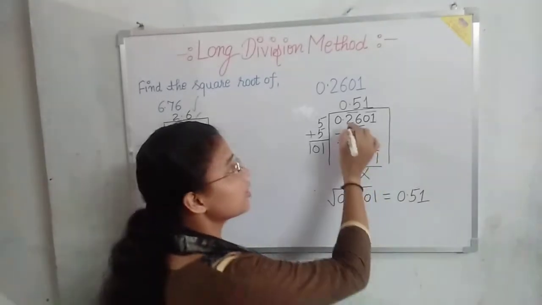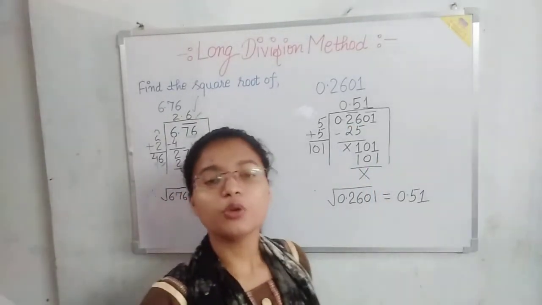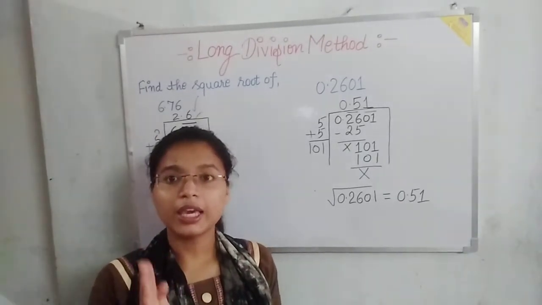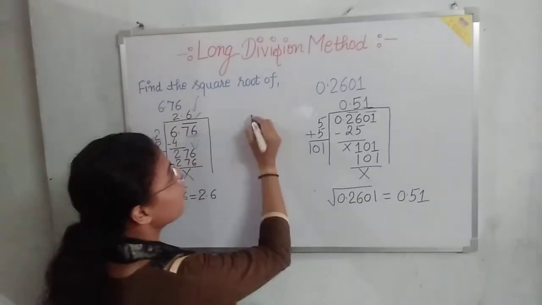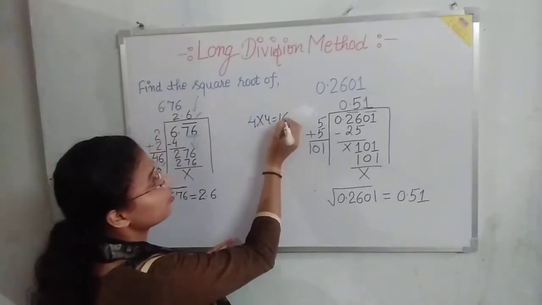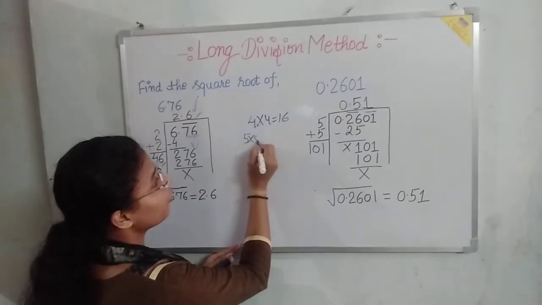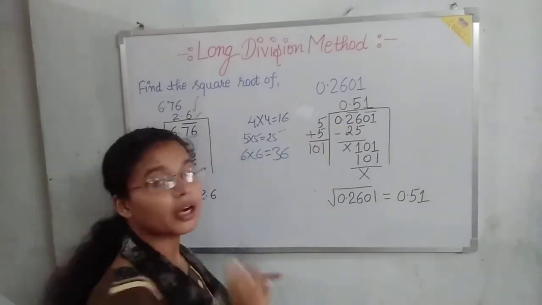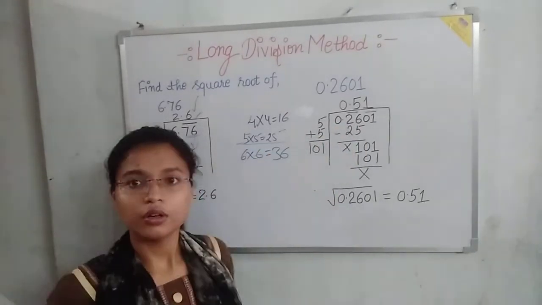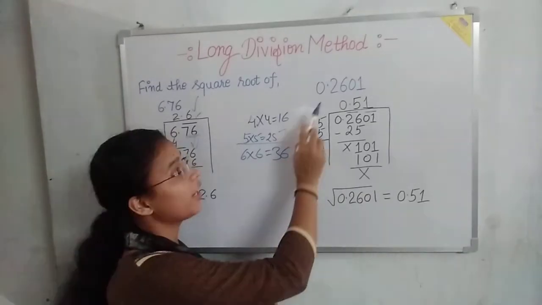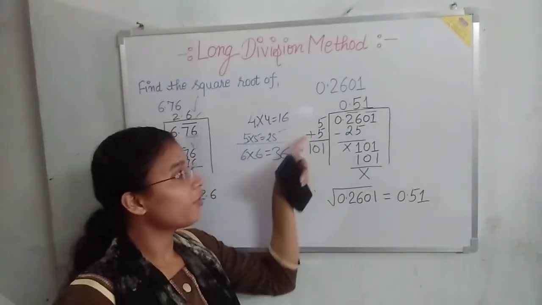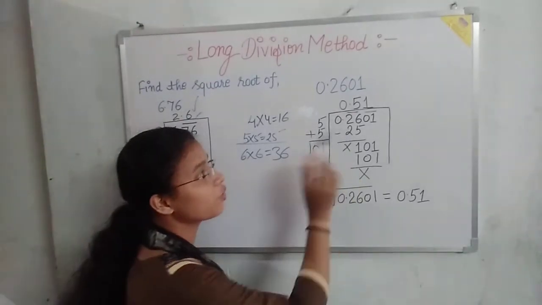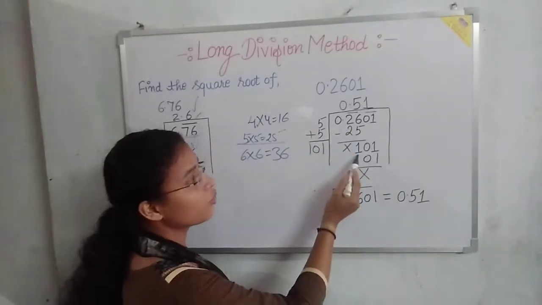Now this is the one pair, 26 is the one pair. Now you want a number less than 26 or equal to 26 by multiplying the square of a number. When you multiply 4 into 4, you will get 16. When you multiply 5 into 5, you will get 25, and when you multiply 6 into 6, you will get 36. You want a number up to 26, so you will go with 5 into 5. So write here 5, again write here 5, add this 5 in it. When you add, you will get 10, and after the multiplication you are getting 25, so write here 25. When you subtract it, you will get 1 only.